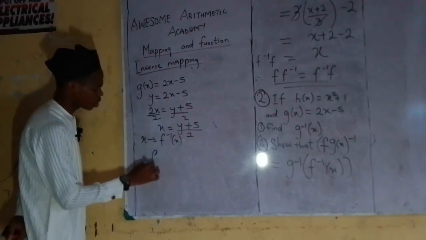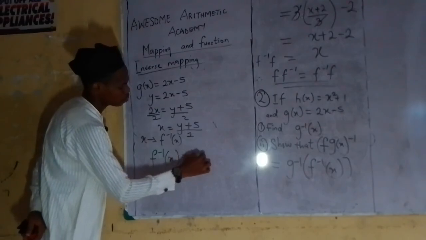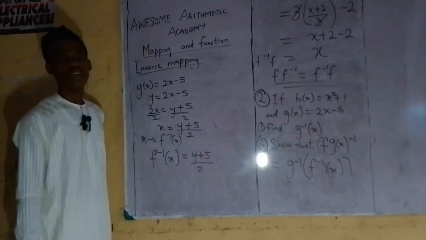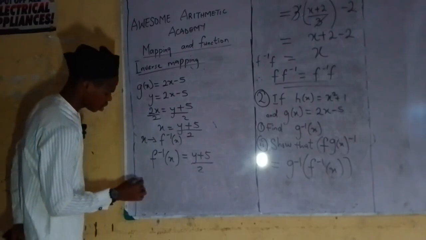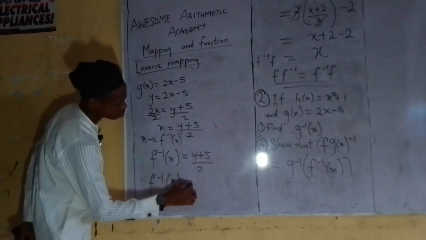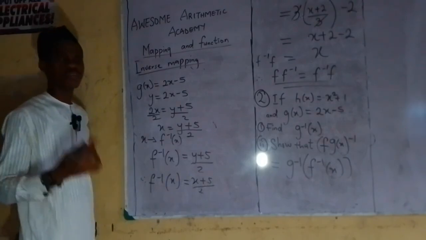So in that case, I will be having g inverse of x equals to y plus 5 over 2. And after that, we told you we are working with x, not y. In that case, I will change this y to x. And then, therefore, the g inverse of x equals to x plus 5 over 2. So let's now say, for instance, they ask